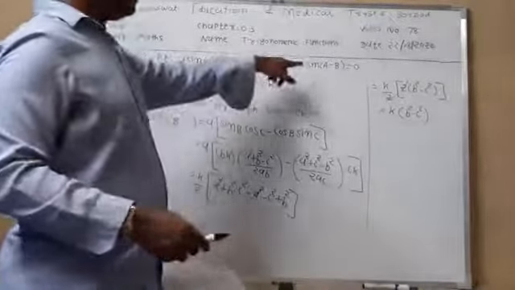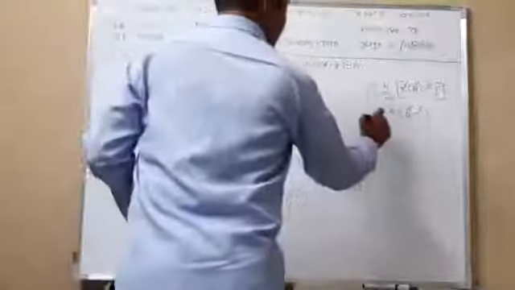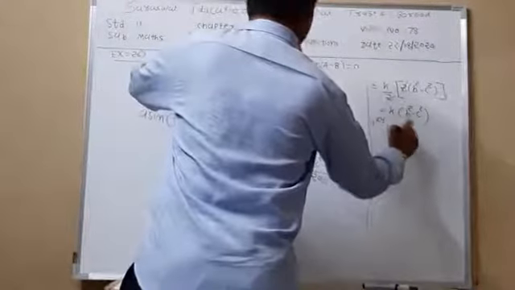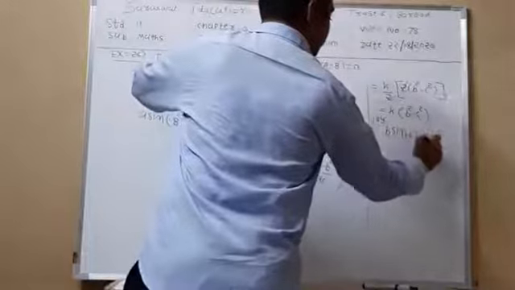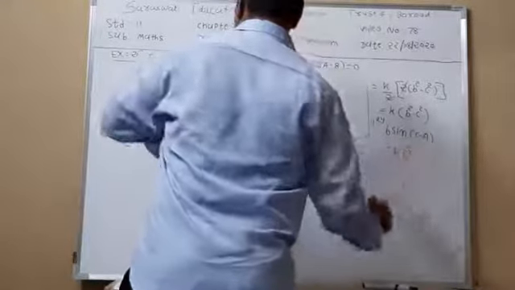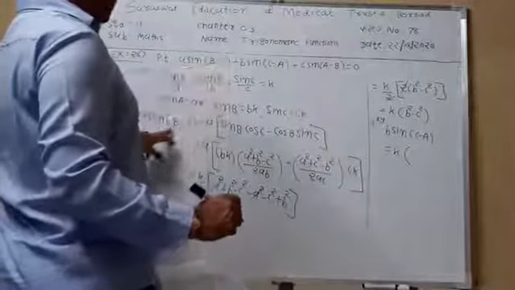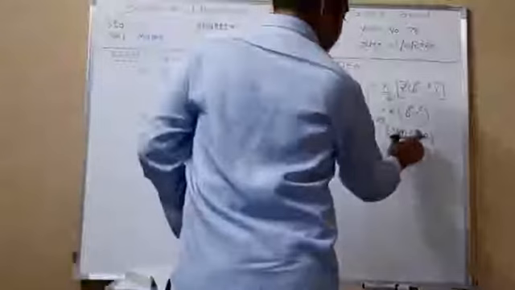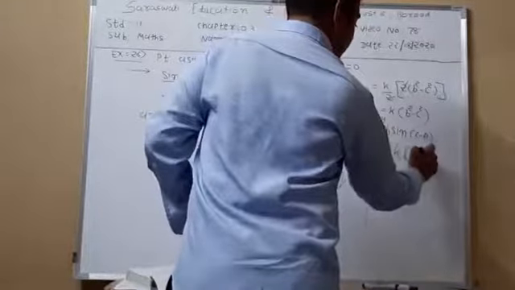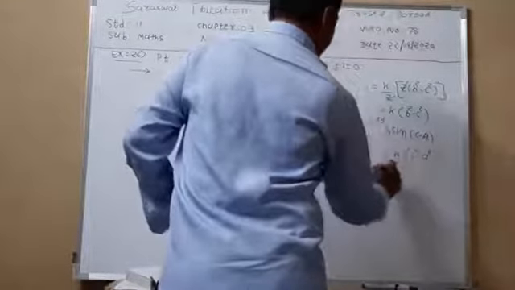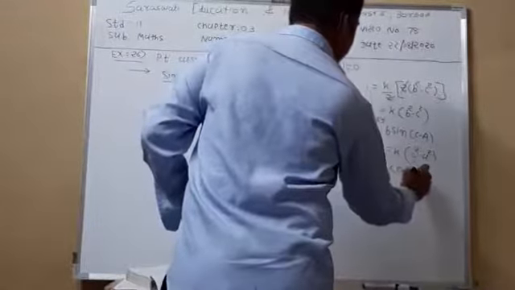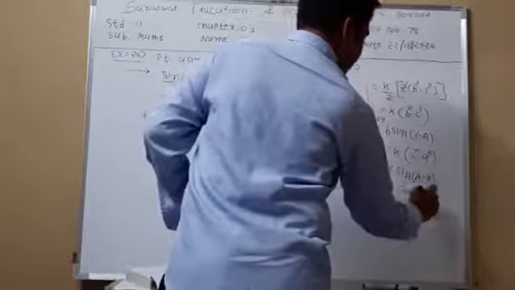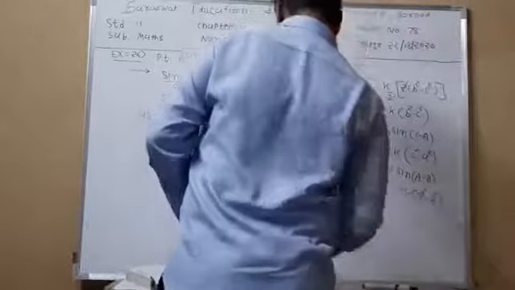Now the second and third terms are written similarly. So similarly b sin(c minus a) is equal to k into (c square minus a square), since the b minus c pattern gives b square minus c square. And c sin(a minus b) is equal to k into (a square minus b square).